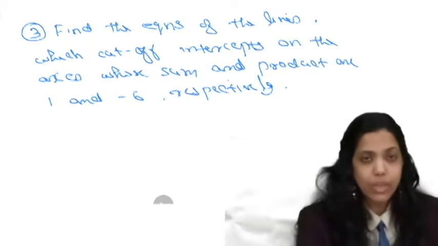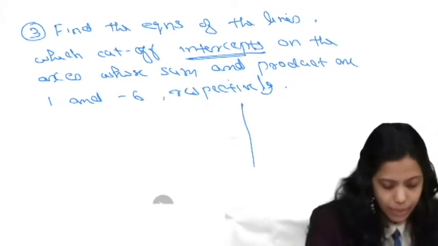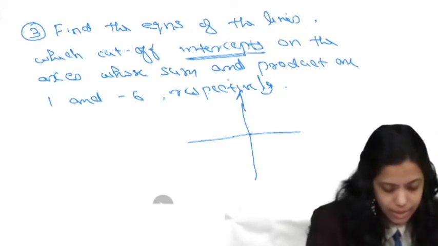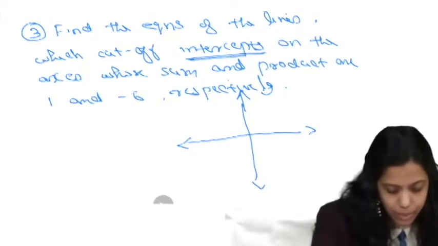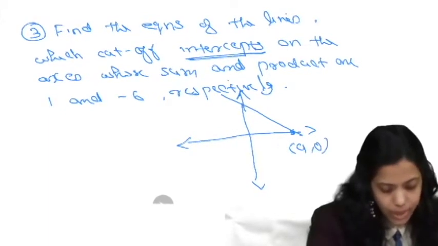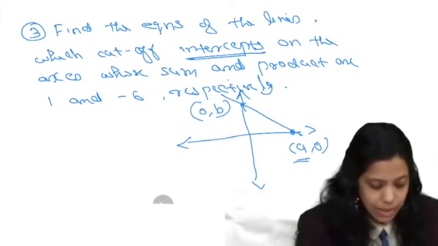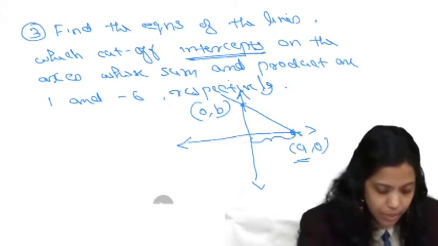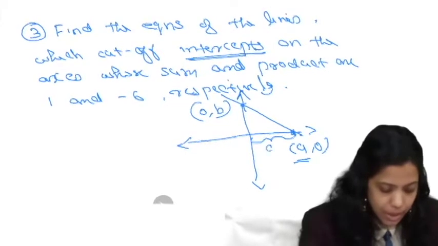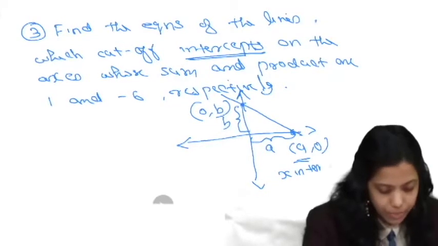Intercepts. So we know what is x-intercept and what is y-intercept. So a line, when it cuts on the x-axis, that point is referred to as the x-intercept. So it will come as (a, 0), and here it is the y-intercept (0, b). So a is known as the x-intercept, that is the distance from the origin till that point, that is a, and here it comes b. So here it is the x-intercept and the other one is the y-intercept.